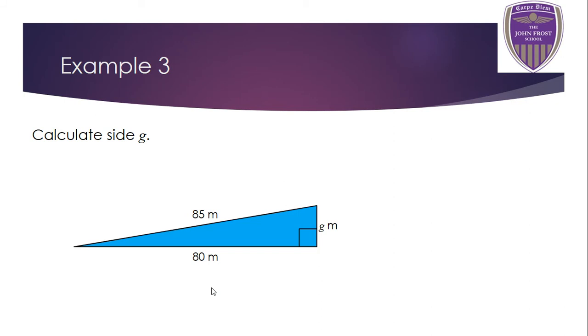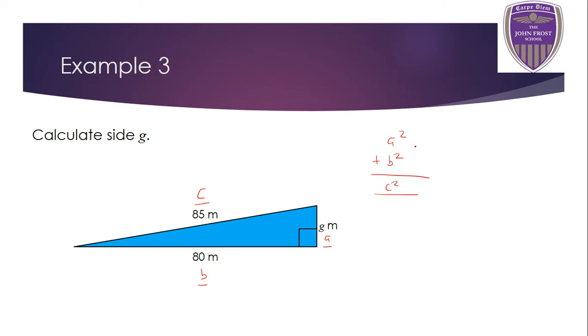Last example then, you probably guess what this one's going to look like. So pause the video and have a go. This one is slightly different, and then come back to me. Welcome back. So again, label them C, B, A. So again, I'll do it here. A squared add B squared